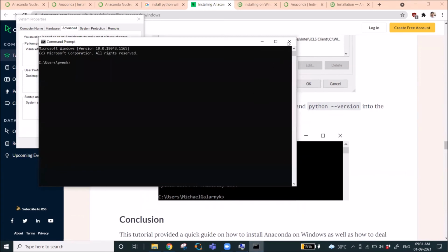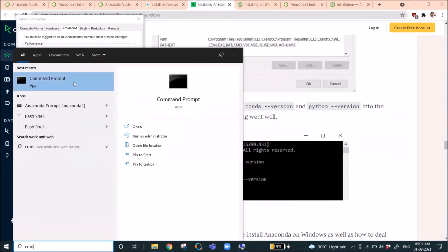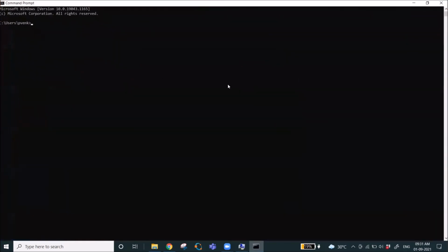Now you have to close the command window and open the command prompt again, because now we are checking whether conda is available or not. I am checking conda version. Wow, conda 4.10.1 is available. Now my system is recognizing it. Now our system is telling, I am ready to serve you. I have found where conda is available. I have detected where conda is available. Now I can use this Anaconda software for your application.